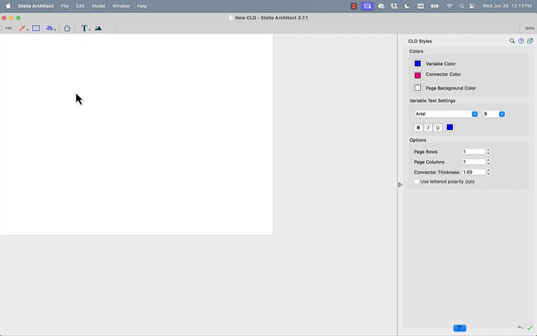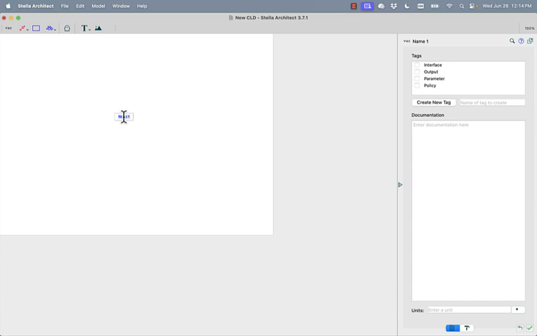And this changes the interface of Stella for you to be more handy for building these kinds of causal loop diagrams. You'll notice that the build toolbar has been reordered for you to be more conducive to building these causal loop diagrams. And so the first thing we want to do when we're building our dynamic hypothesis of this system is we want to start with the key variable of interest, the variable that's in the reference mode, which is